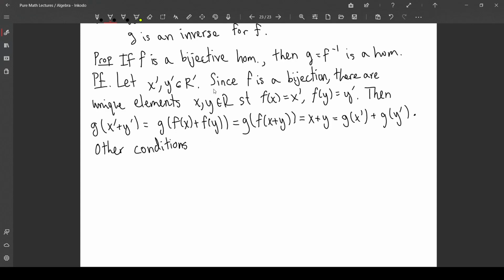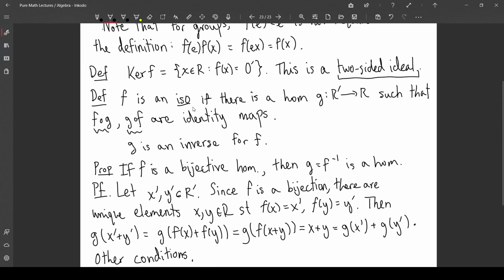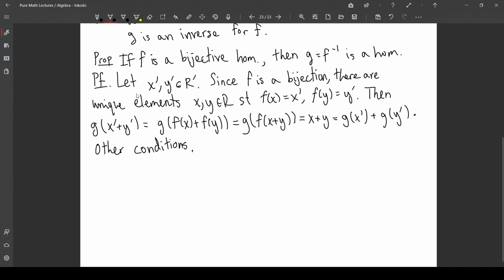If abstract algebra is your first look at pure math, this might seem like a kind of silly thing to show. Like, okay, we've defined an isomorphism to be a homomorphism with an inverse homomorphism, and then we've just proved that if a homomorphism has an inverse, then it's also a homomorphism. Now, the reason why this is kind of important to prove is because in topology,